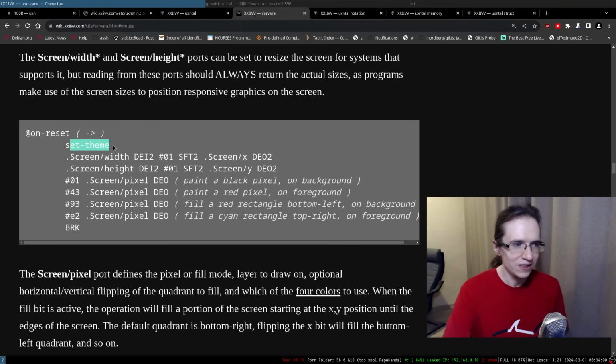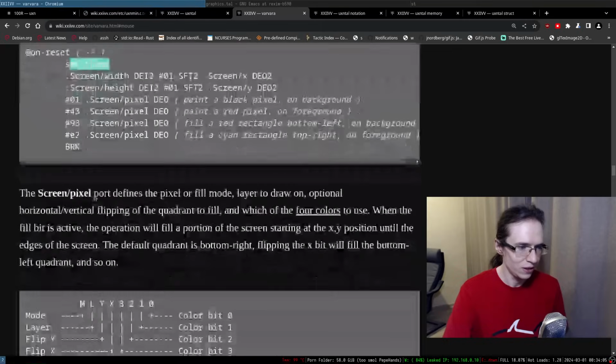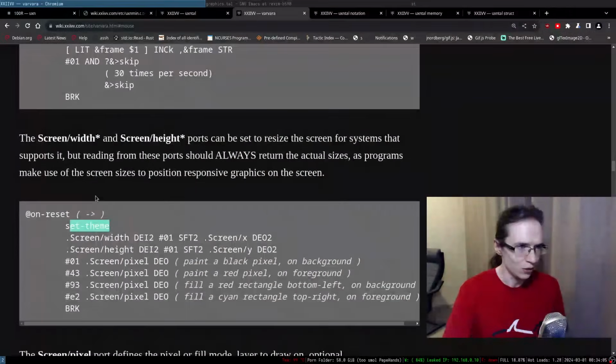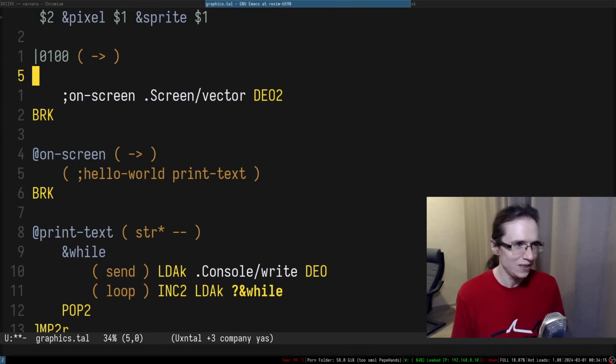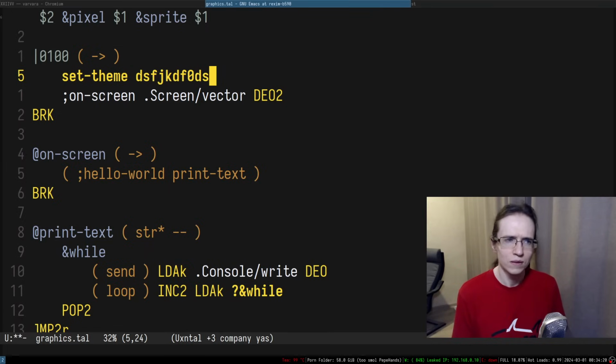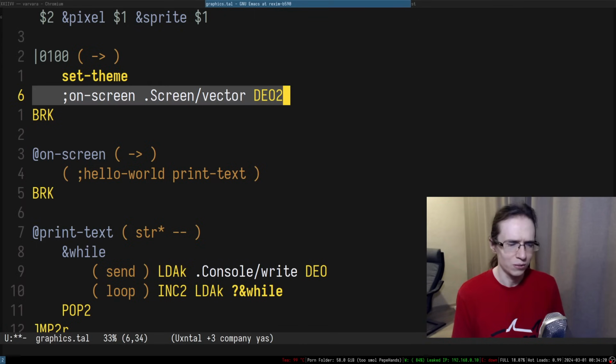So I have no idea what a set theme is. What is a set theme? Because it's definitely not a thing, right? Yeah, what is a set theme? Because I'm pretty sure it doesn't really exist. Wait. Oh. No, it probably doesn't exist.